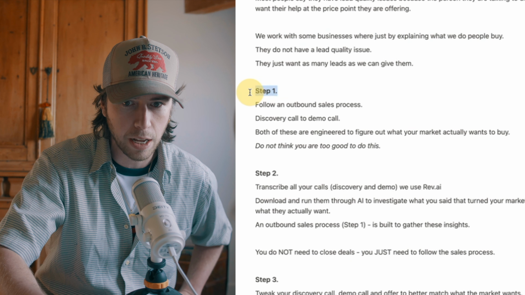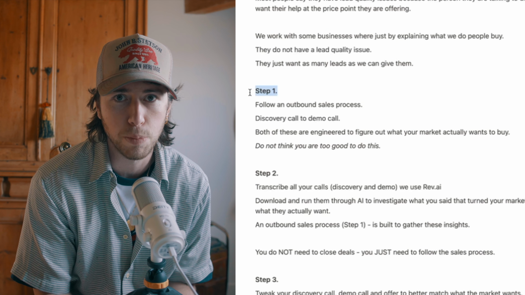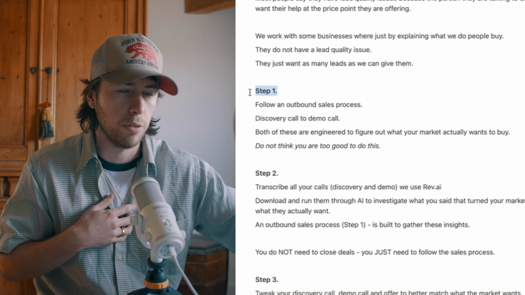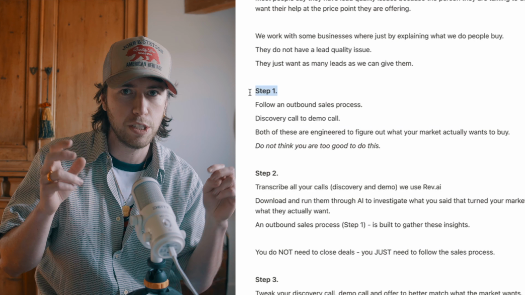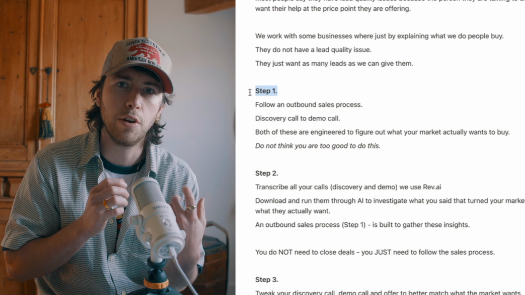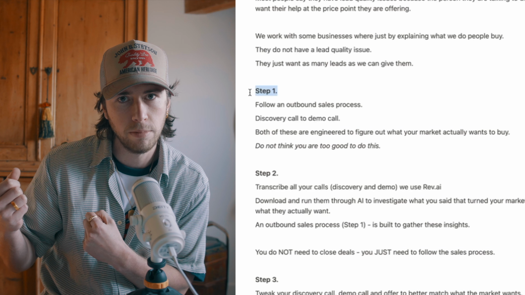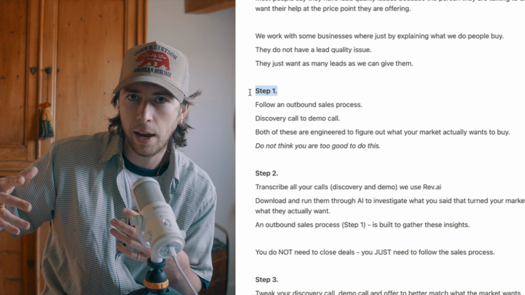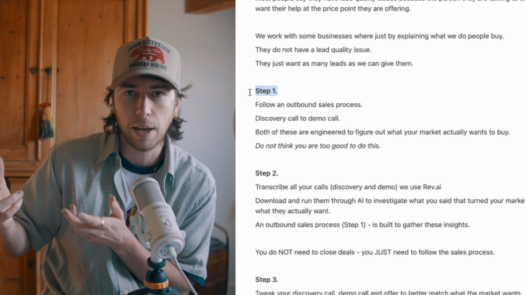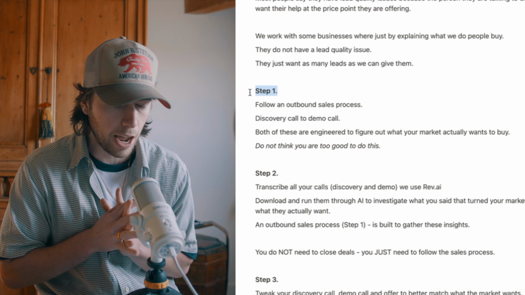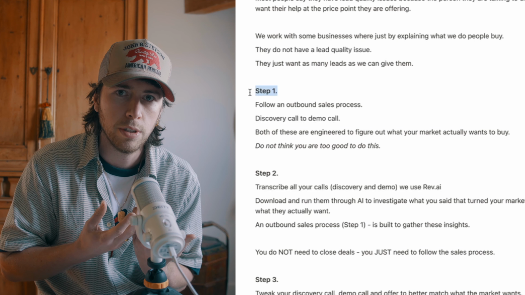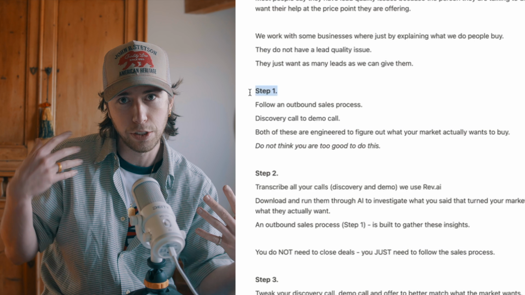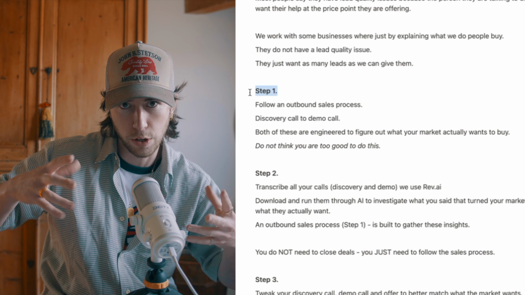So the first step is you have to follow an outbound sales process, because if you're used to getting leads inbound through referrals or through your website, and you have a form that vets people, etc., then the process that you use to sell will not work for outbound. And if you try and use it and it doesn't work, you're going to have no way to diagnose how to tweak it to make it better. So that is the key about using an outbound sales process: it is built to do discovery. It's built to figure out what these people actually want, why they don't want to buy your stuff. And so you can start to tweak that process.